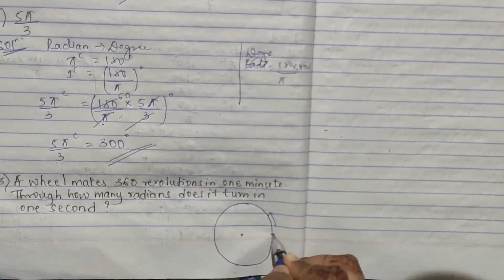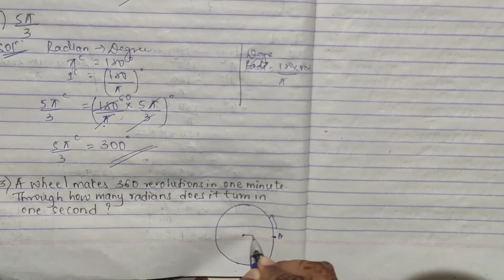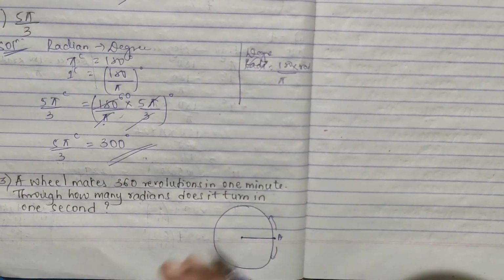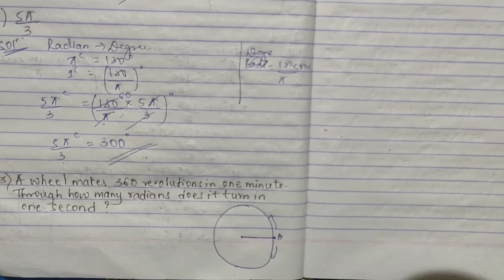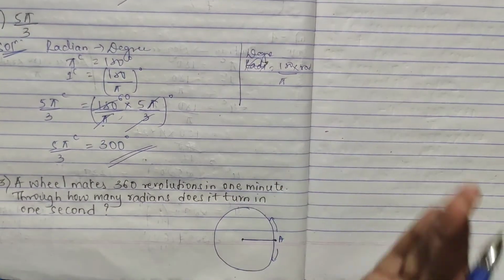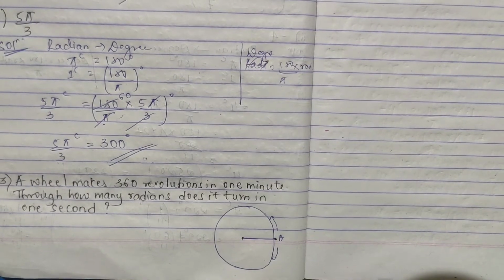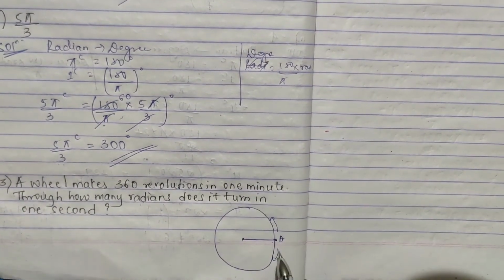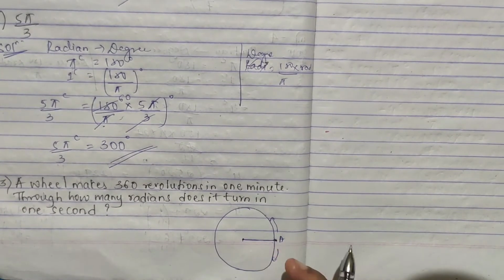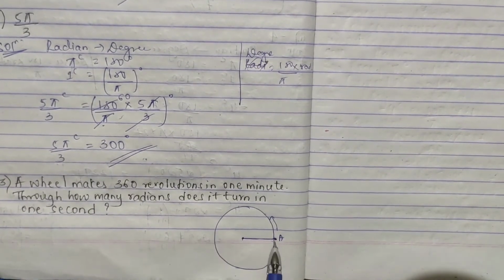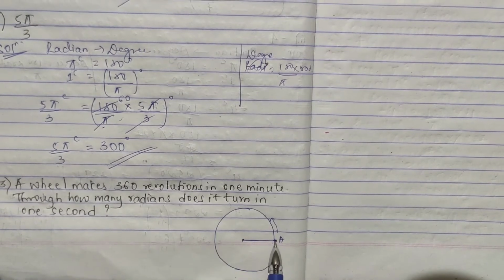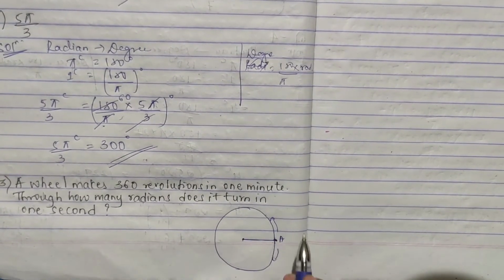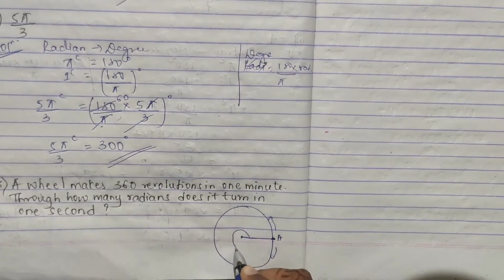You have fixed a point here, take A. Just draw a line, and however you are turning your wheel according to your wish, you have marked it here and you are turning it from there. So it is telling 360 revolutions, where one whole revolution is 360, right? You are turning it one full circle, starting and then ending here only. From here you start and when it comes back up to here, you stop. So it takes one full revolution.